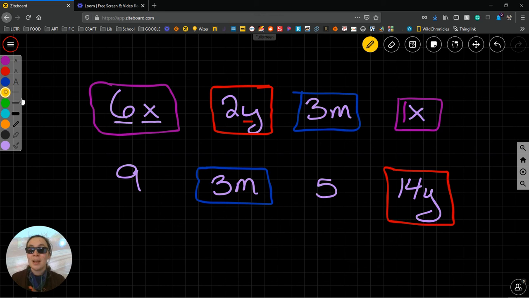And last but not least, what if we have no variable? Well, those are still like terms. You can combine constants. Constants are all like terms. If you have no variable,